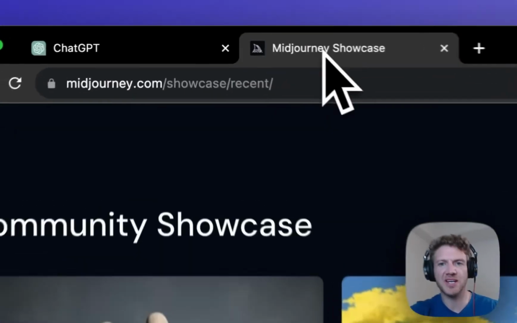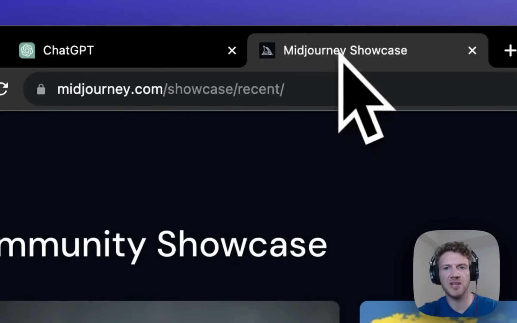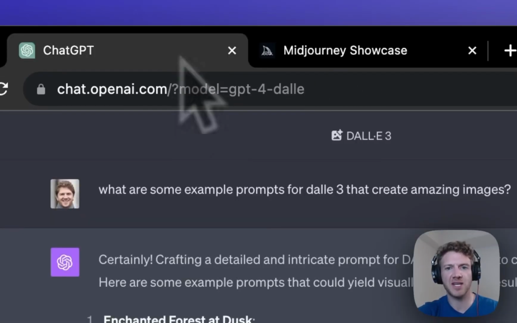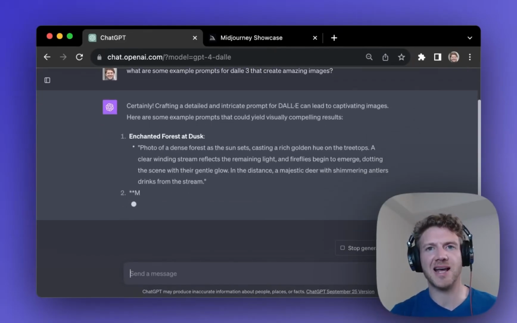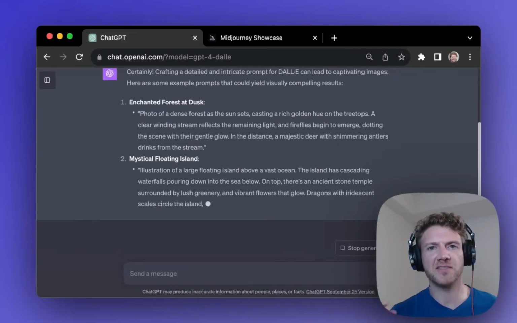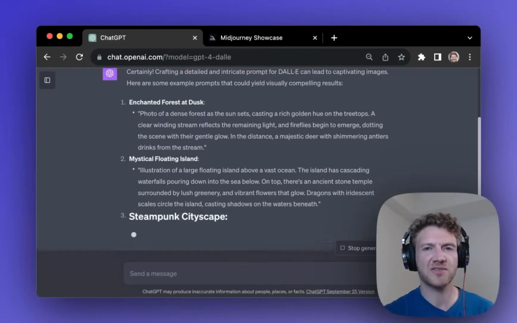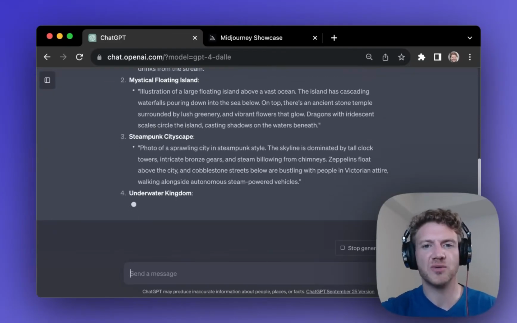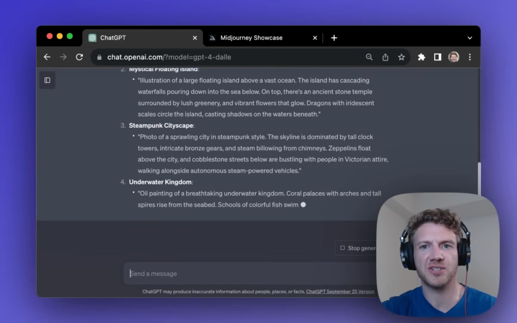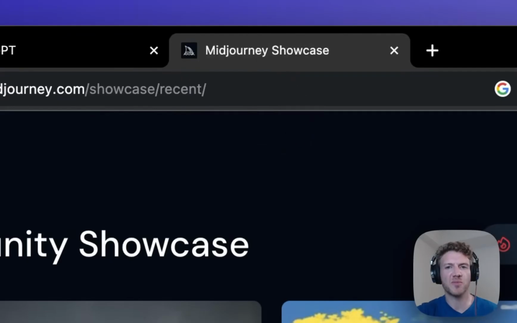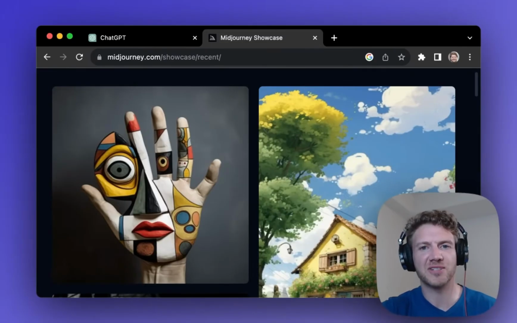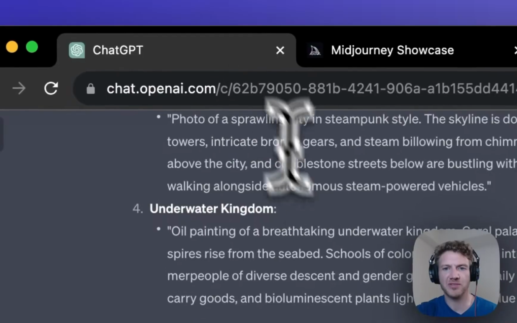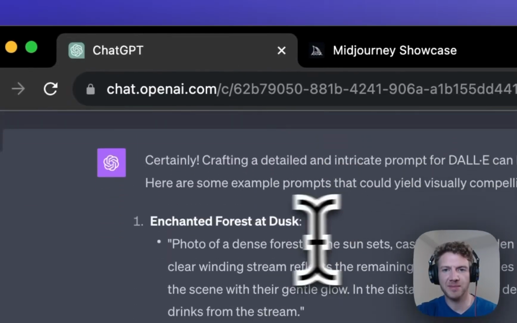So if you've been using other image generators like Midjourney, you'll know that you have to be quite specific about the prompts or instructions that you give to those tools. But with ChatGPT, because it understands natural language, you don't have to be that specific. And it just feels like a very, very natural way to work with these types of tools in a conversational format. Much more natural than, say, Midjourney, where you have to do /imagine and have all of these more technical approaches to prompting. So here it's come up now with a